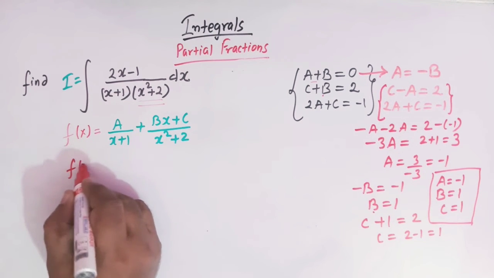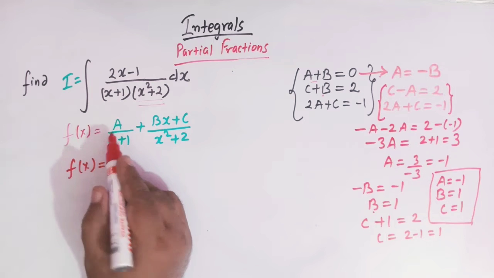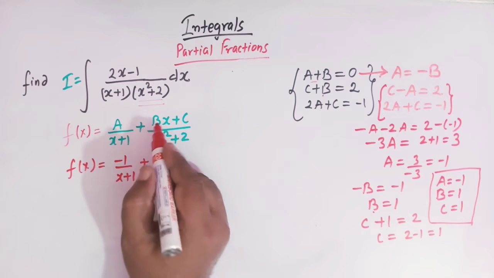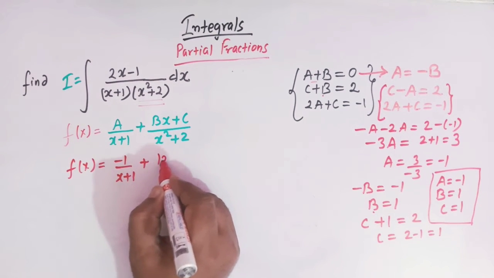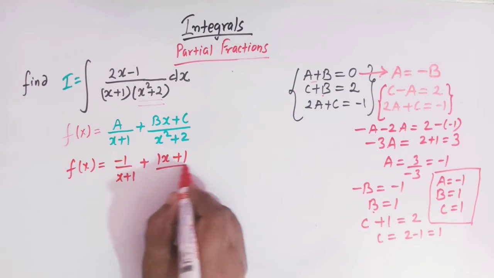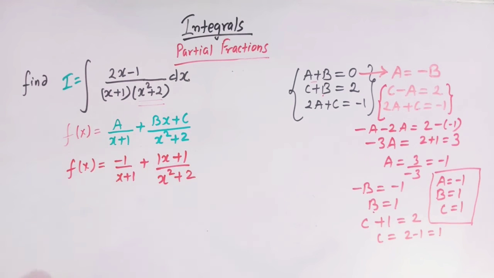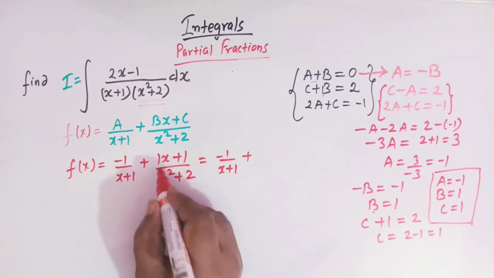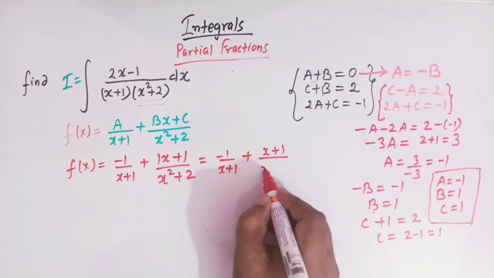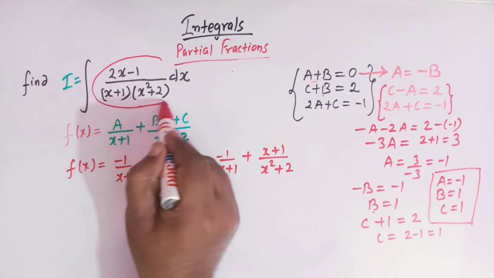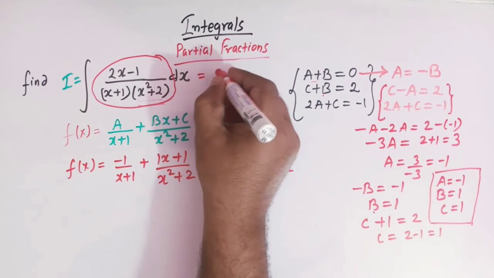So we have f of x is equal to a is minus 1, so we have minus 1 over x plus 1, and the value of b is 1, so we have 1x, and here c is 1, so we have plus 1 divided by x square plus 2, right? So this can be written as minus 1 over x plus 1, and this is x plus 1 over x square plus 2, right? Okay, so now this expression, which was assumed as f of x, so we have integral